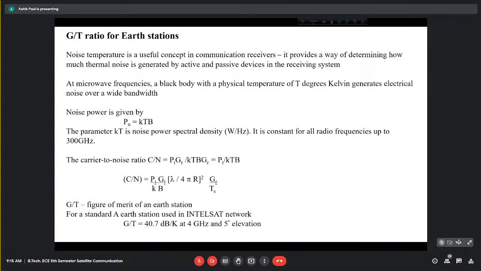So the signal level is extremely small, like 10 to the power minus 18 watt or something like that, typically for radio astronomy receivers, and about 10 to the power minus 12 watt for satellite receivers. So that is why at the initial stages, we keep the bandwidth as large as possible